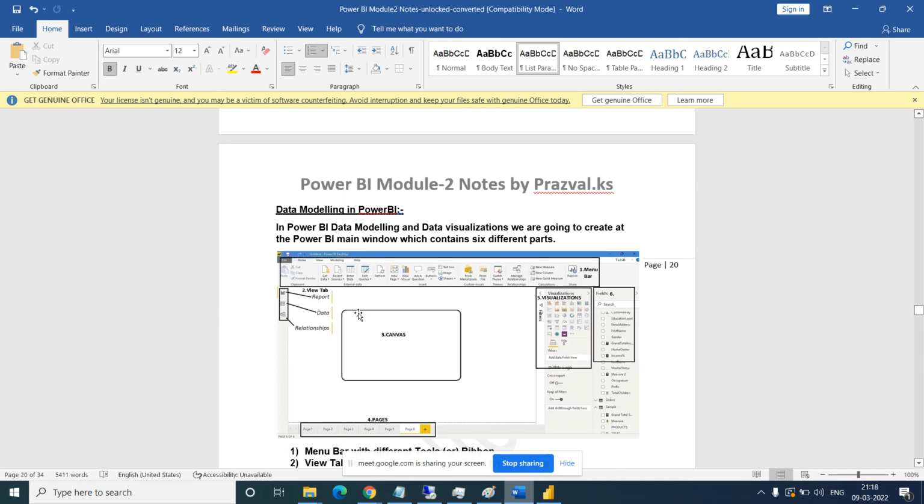So tomorrow we will start from data modeling, we will take some examples, and we'll complete it maybe tomorrow and the day after tomorrow. Okay, so any question till now? I will share the same notes on the mail. Just ping me your email ID. I will send all of the notes to your mail ID. Okay, so we'll connect tomorrow.